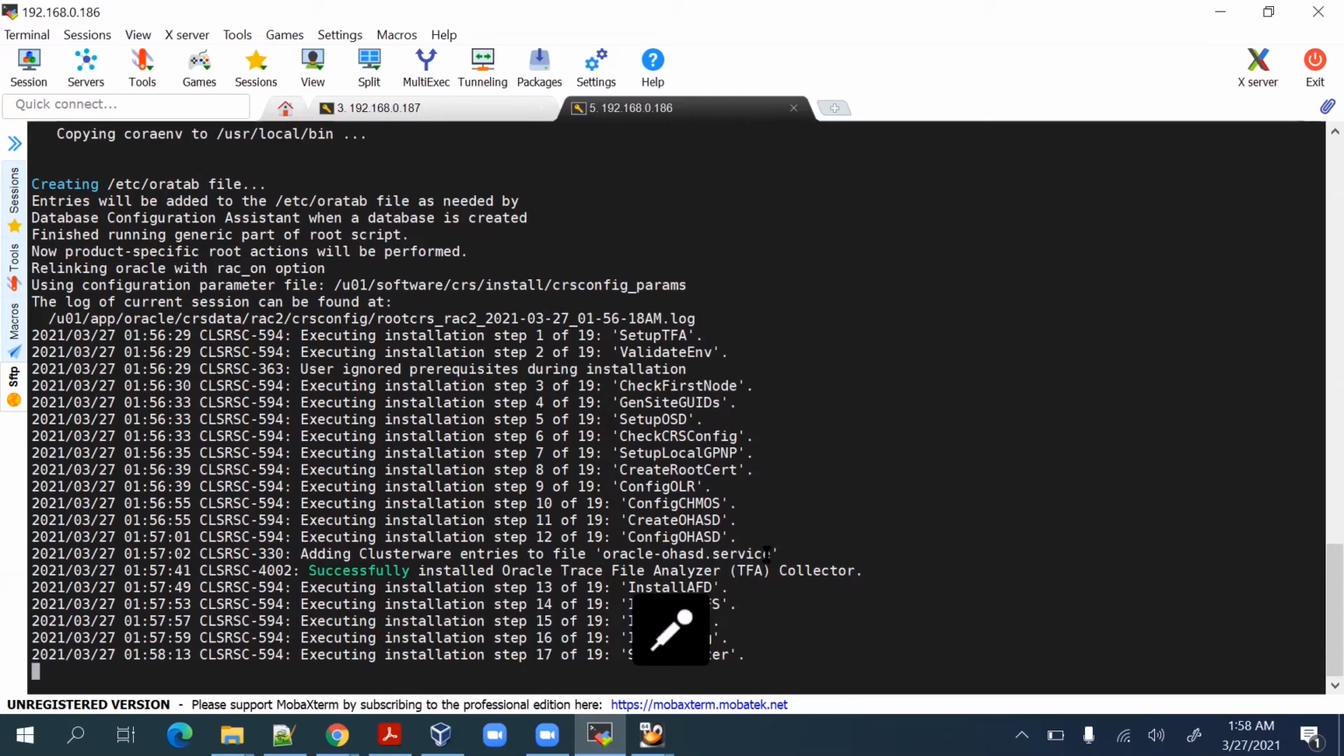so almost 17 steps are about to finish. Almost at the 17th step we are going through. So hardly it will take like 5 to 10 minutes. Once it is finished, then we'll look at the next step. Okay,